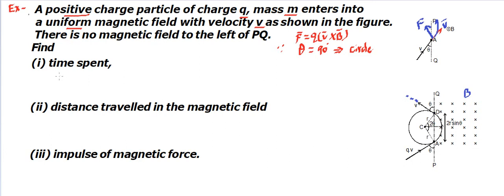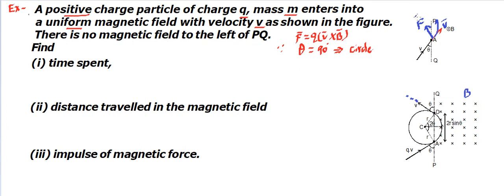The first question is to find the time spent. That means it's asking how much time it is going to spend inside. Now we know the speed remains constant, so whatever the v value is, it is going to be constant over this journey in the magnetic field, because the magnitude remains constant, and for velocity the direction has been shown, how that direction is changing. Now this theta was given to us,